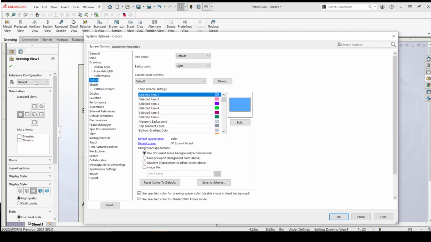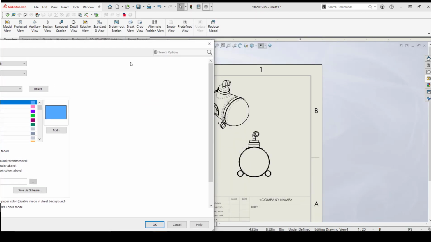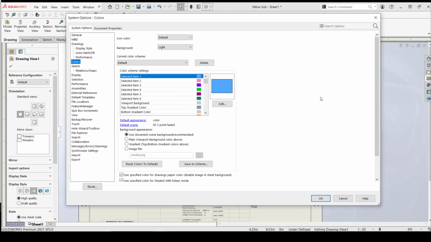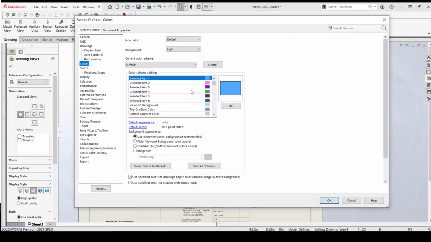Let's go down to colors. And I've heard people complain before, like, why is this gray so ugly? And I think that's just pretty funny. And it's personal preference, really. If you grew up using a different software, AutoCAD or Inventor, it might seem a little bit different than what you're used to. You can customize those colors here. There's lots of different colors to choose from, and lots of different items that you can change the color of too. And then of course you can change the background appearances here too, which is good. So definitely check that out if the color of something bothers you. Just be really careful not to select the same color for everything because that will make things really confusing. We don't want to be confused while we're trying to design.